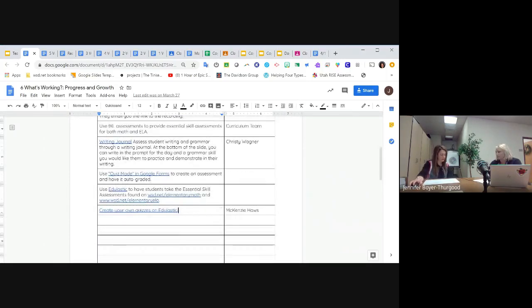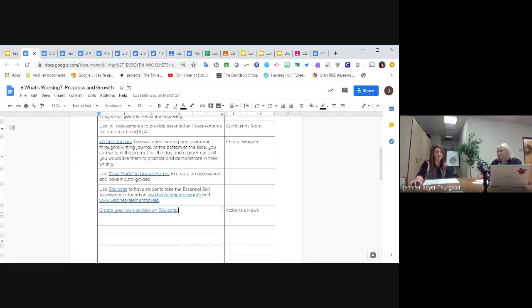So we know that Kahoot and Quizlet are not approved within our district right now, and this is not because we're mean. This is because they will not sign our data protection agreement, because they sell student data, and they've just come right out and told us that's how they survive as a company. They sell that data, so we can't endorse using Kahoot or Quizlet, so stay away from those. But we have several that do work.